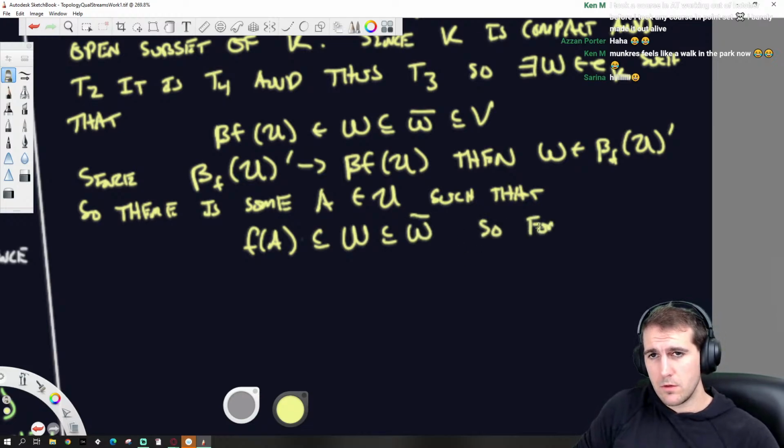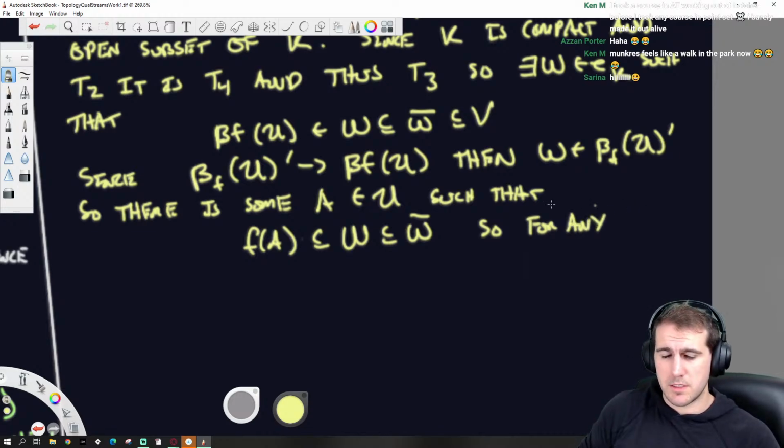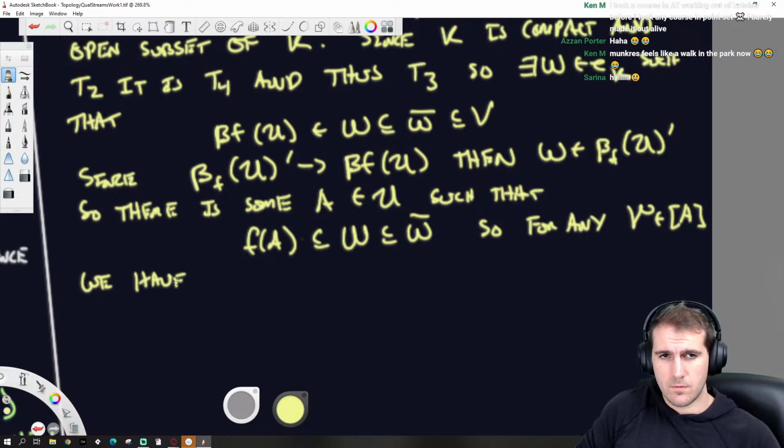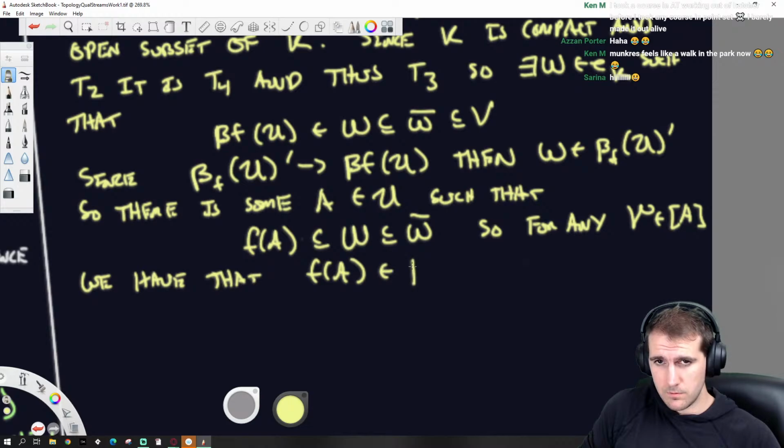So for any other ultrafilter, which I'm going to call V tilde, within those ultrafilters that contain A, we have that F of A is going to be within beta F of, oh, is this what I wanted?